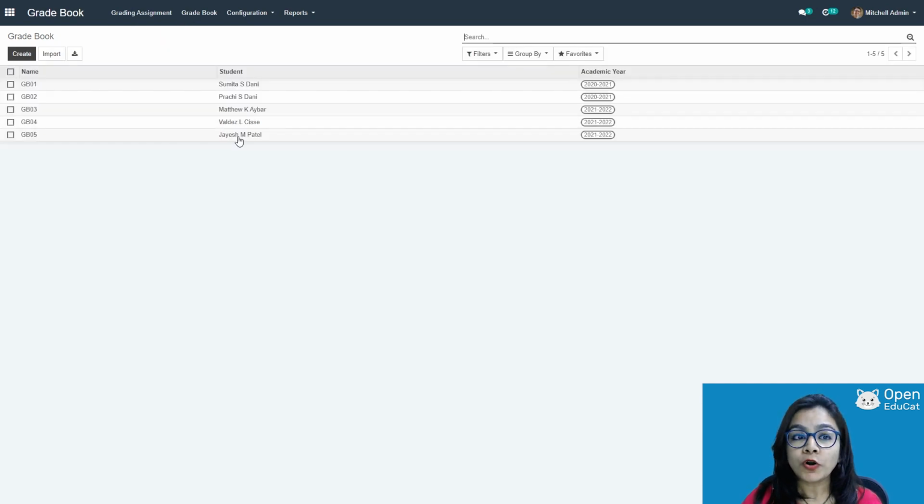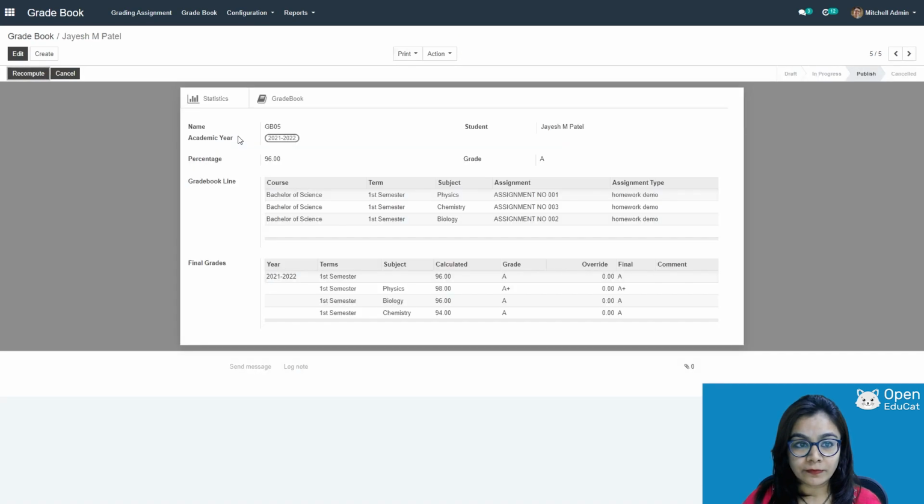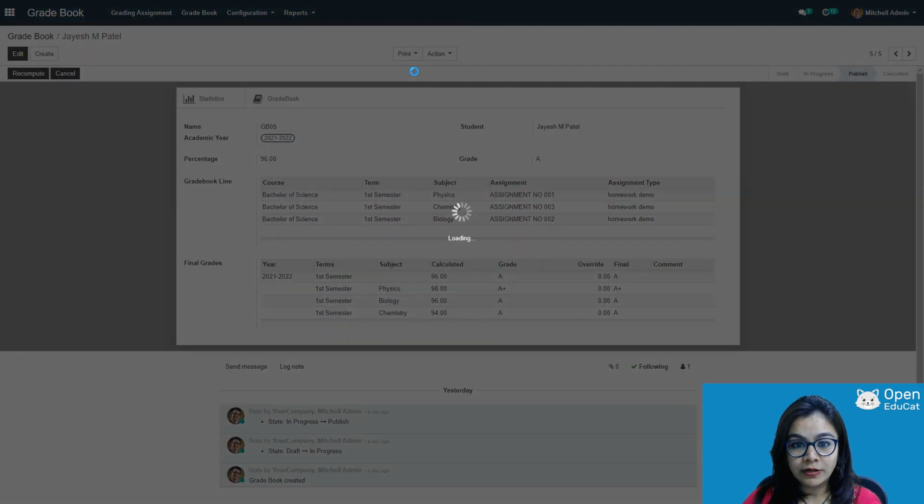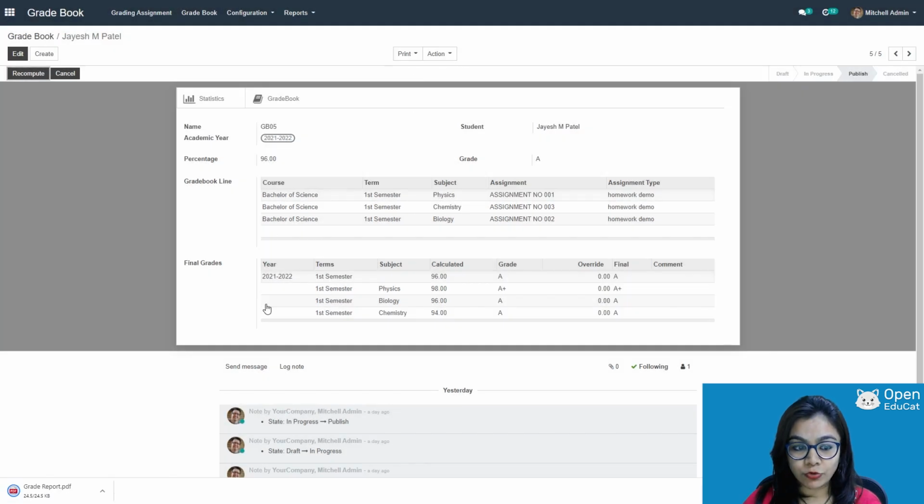Now we want to print and download that student's report card. So you can click on that student's name. Here you will get that student's gradebook, but now you want to print and download it. So you can click on print and click on gradebook. Now that gradebook is downloading.